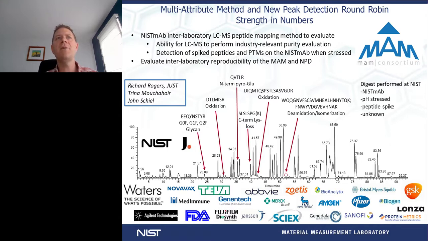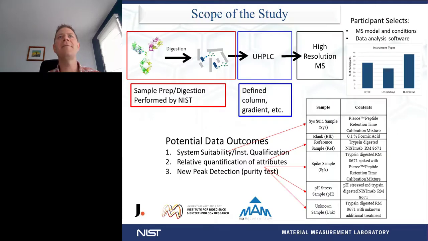So with this, we worked with Rich Rogers, now with Bristol Myers Squibb, to organize a combined multi-attribute method study. Trina Muschauer is a colleague of mine at NIST that's been leading this study from the NIST side. And then again, Richard on the BMS side has also been helping, along with the MAM consortium, which we recruited approximately 30 members throughout industry to essentially run the same multi-attribute method, come back together, discuss their results, and understand what our current capabilities are for performing this analytical method.